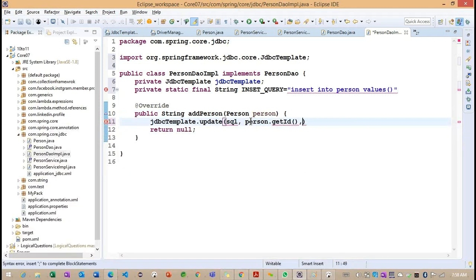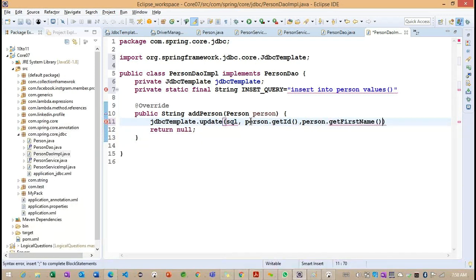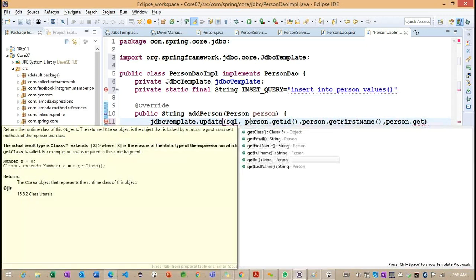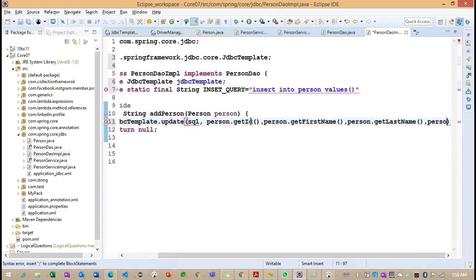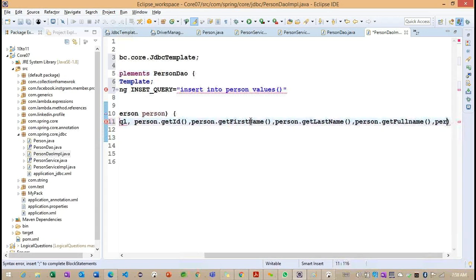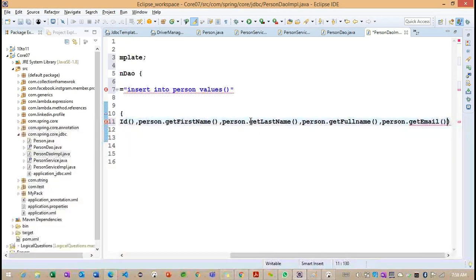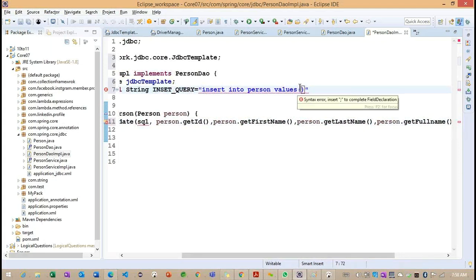First one ID, then first name, last name, full name, email. So how many are we having here? 1, 2, 3, 4, 5. Okay. So here we can make 5 question marks.